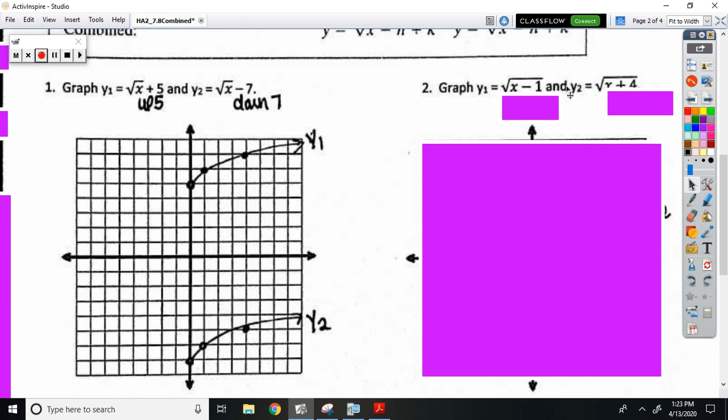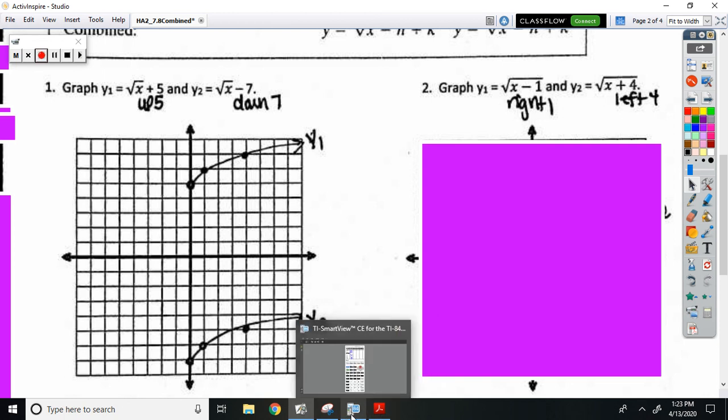All right, example 2, we see that we have subtraction and addition underneath the radical this time. So notice this -1 underneath should be telling me to shift this to the right 1 unit. And this +4 underneath should be telling me to shift to the left 4 units. So again, you can either use the pattern and just shift right 1 unit and then count up 1 over 1, up 1 over 3 to get your starting points. Or you can use your graphing calculator